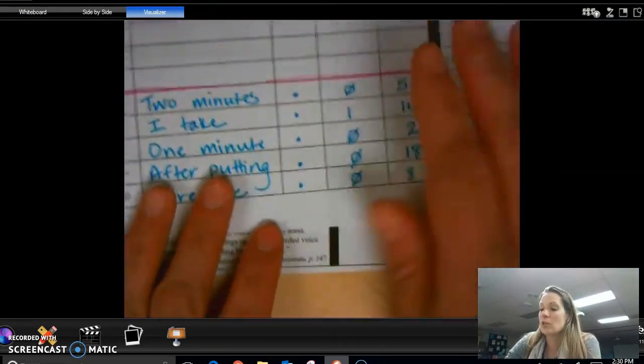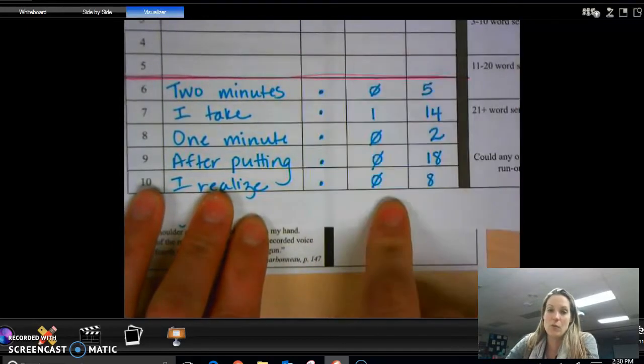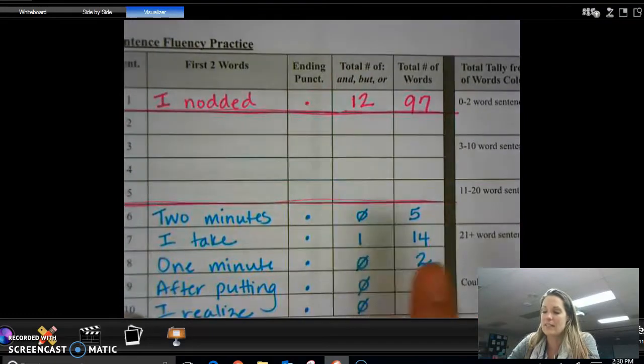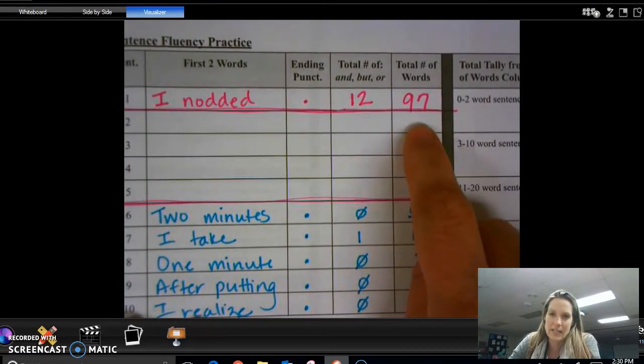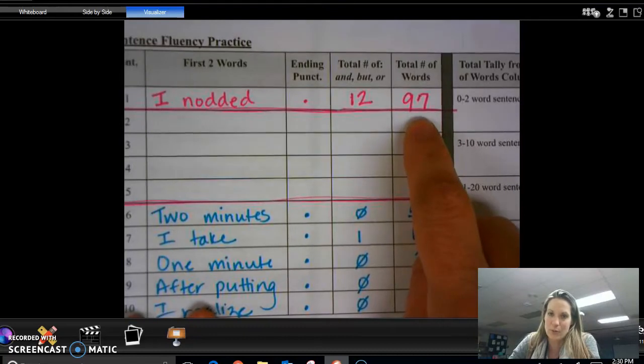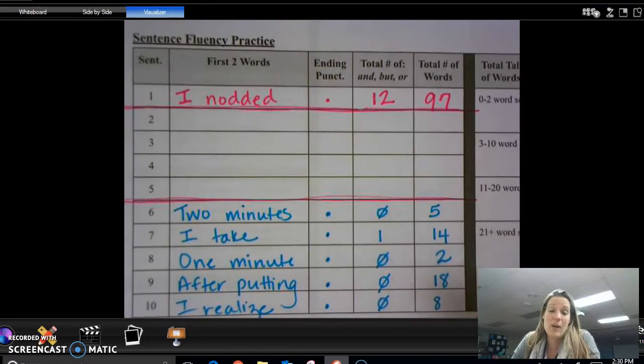Okay, so you are looking at this, the ending punctuation, numbers of ands, buts, and ors for sentence run-ons, and total number of words. Try to have a variation here. Do not have a 97-word sentence unless you get it approved, because that one is going to be pretty long. But if you have any over number 20, let's say you do run-ons a lot, if you're a run-on king or queen, 20 might be your number where you just get a couple of them checked by an adult.